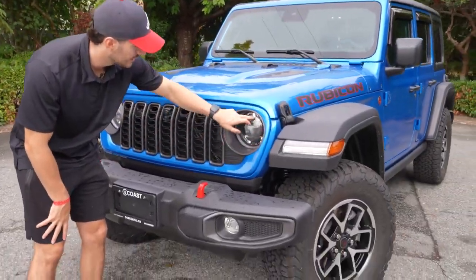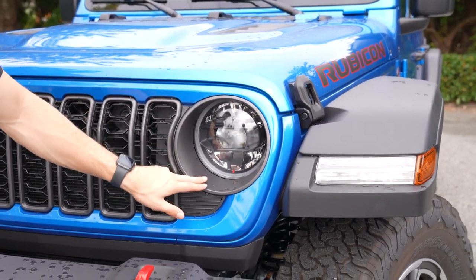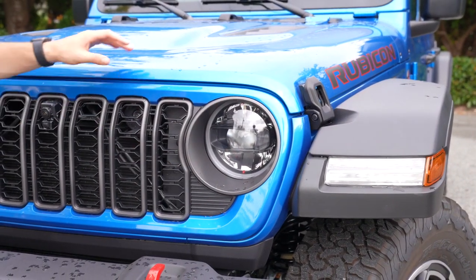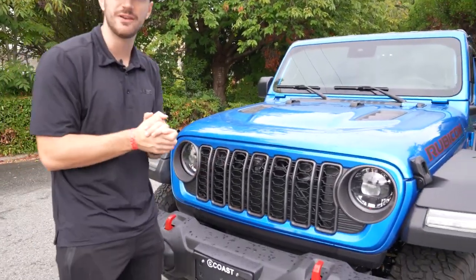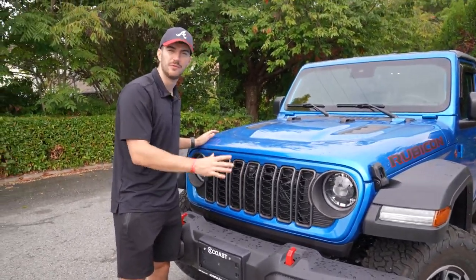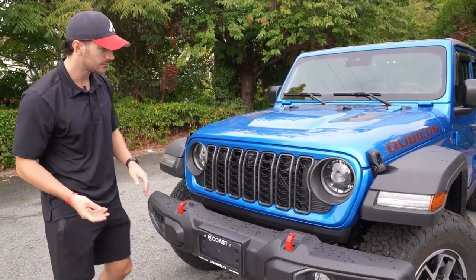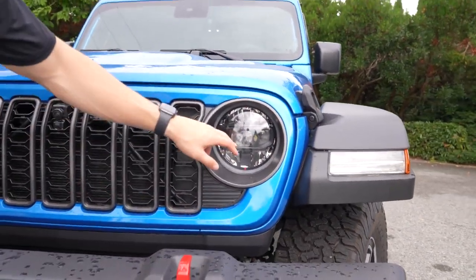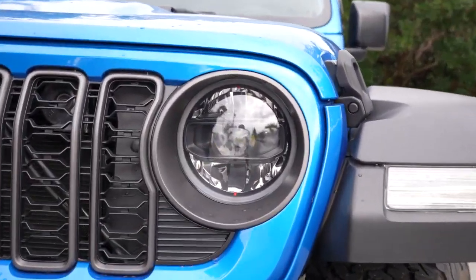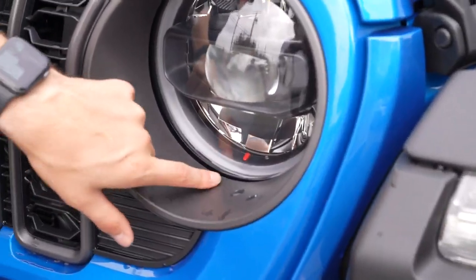Another thing, take out these circle LED lights. This is the Rubicon, as I mentioned. So there's gonna be a few differences. One thing that Jeep's mentioned between their Willys, the Rubicon, and all their other Wranglers, the front grille is actually slightly different for all of their different brands and everything. So this is what the Rubicon's gonna look like for the most part. As you can tell, it's not quite a circle light anymore on the Rubicon model, and it doesn't have any Easter egg in there. And they do have the first little red Rubicon Easter egg under the light,